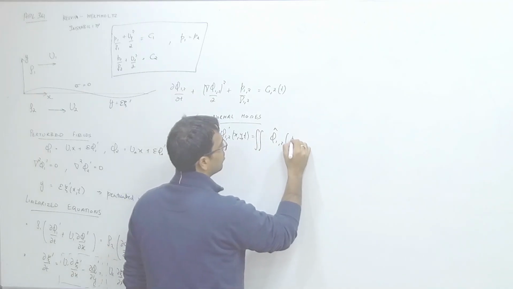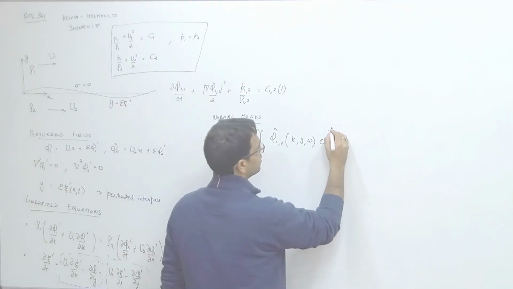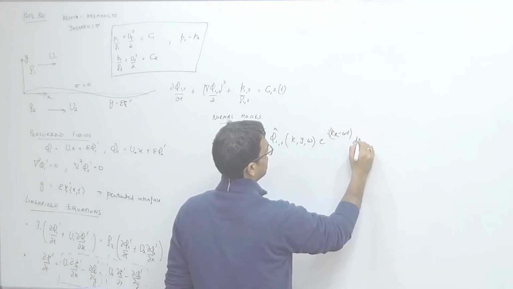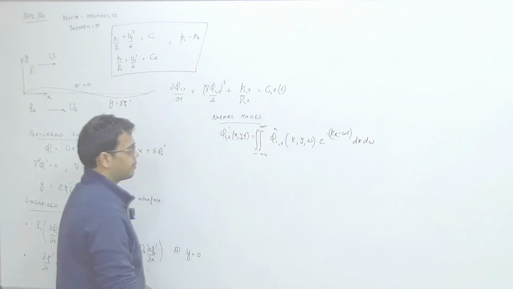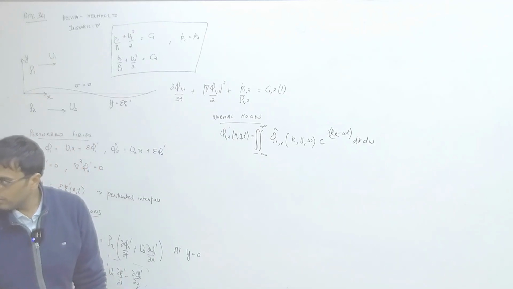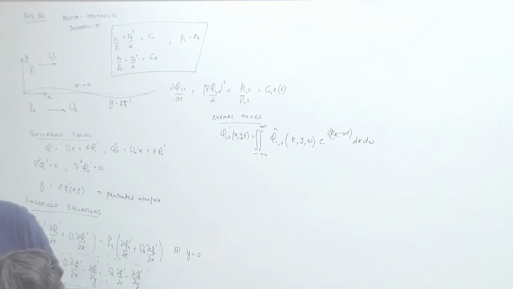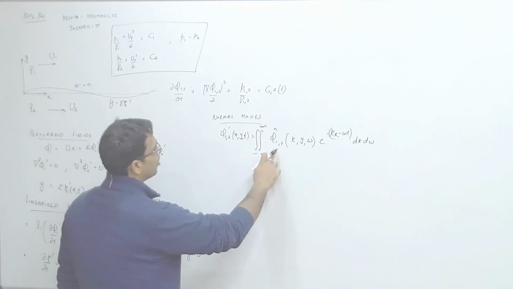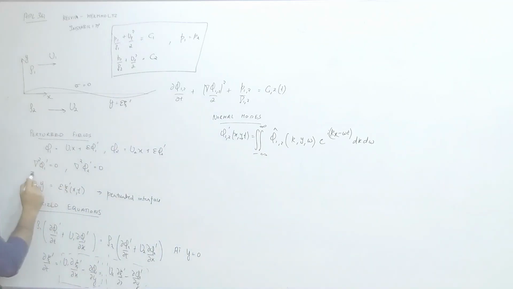So this will be now k y omega e to the power i(kx minus omega t) dk d omega, minus infinity. So these are our normal modes for velocity potential. Okay, these are our normal modes for velocity potential, and then when you substitute them in governing equation for phi1 prime and phi2 prime,